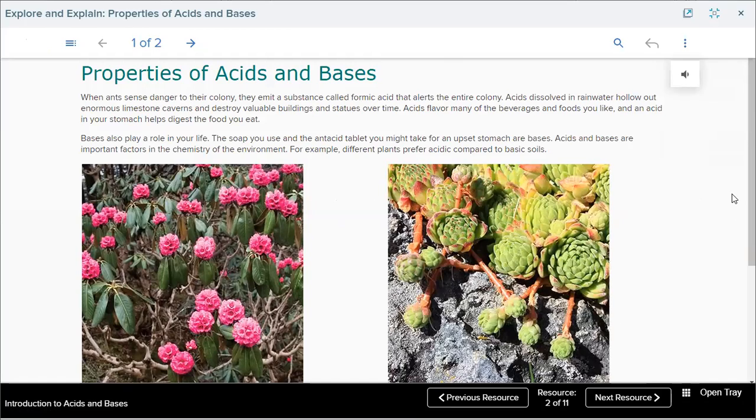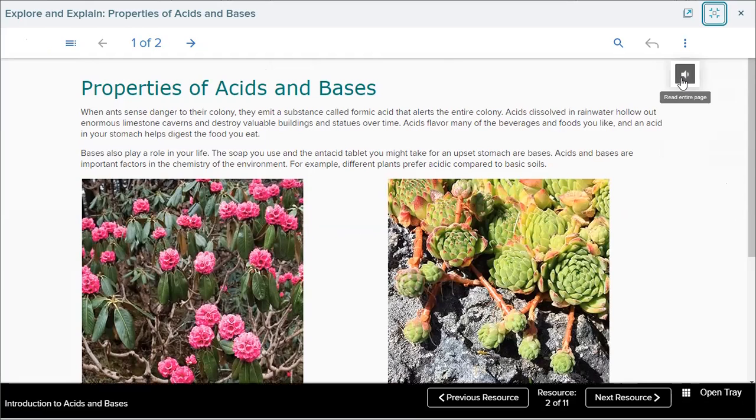Okay, try to listen, Mariam, please. The properties of acids and bases. When ants sense danger to their colony, they emit a substance called formic acid that alerts the entire colony. Acids dissolved in rainwater hollow out enormous limestone caverns and destroy valuable buildings and statues over time. Acids flavor many of the beverages and foods you like, and an acid in your stomach helps digest the food